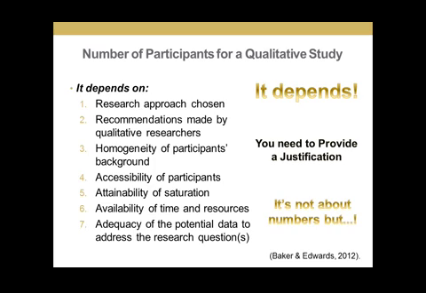So these are the 7 issues that you have to think about when you are talking about your participants. It depends on the approach. So let's say you are doing narrative. Maybe you can focus on one person. You spend a lot of time with the person, everything that the person is doing, and then you describe what is going on. You give the participant time to tell you their story, and based on that, you can address your research question.